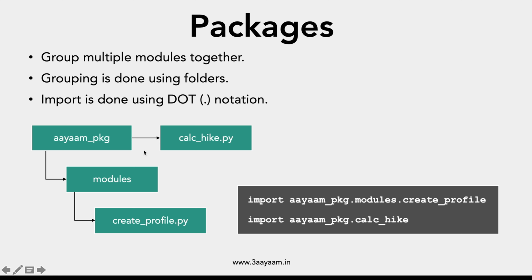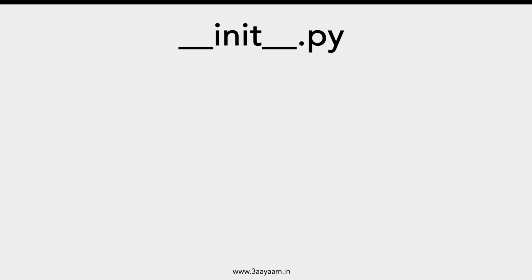There are no other folders because there's no other folder beneath iam_package where calculate_hike.py is residing. So it is directly under iam_package. That's why I had used the dot notation iam_package.calculate_hike to import the module. Typically what happens is that whenever you want to distribute a module, you do it as such using